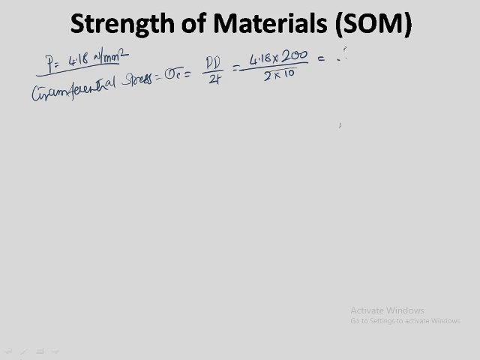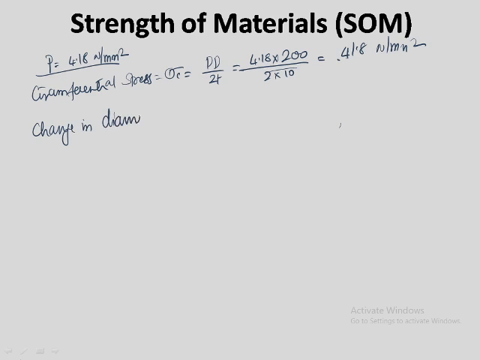$41.8. 41.8 Newton per mm square, right? Next, what do they ask for? Hoop stress is over, pressure is over. Find the changes in dimensions. Okay, so let us go for change in